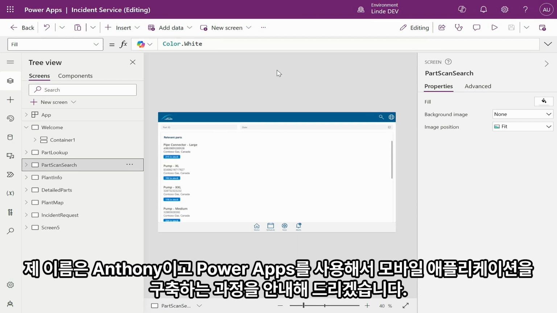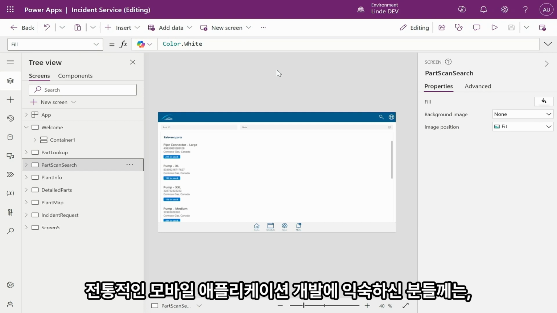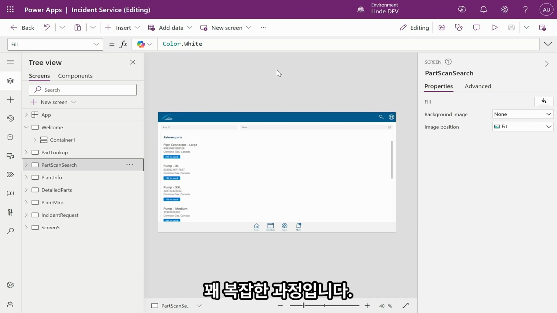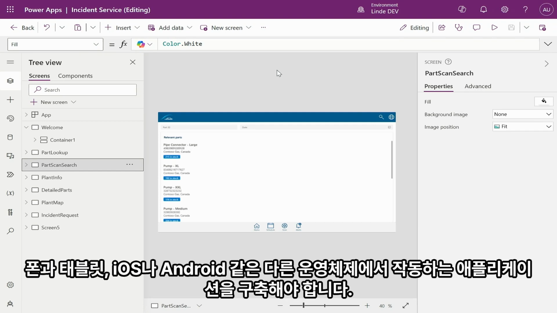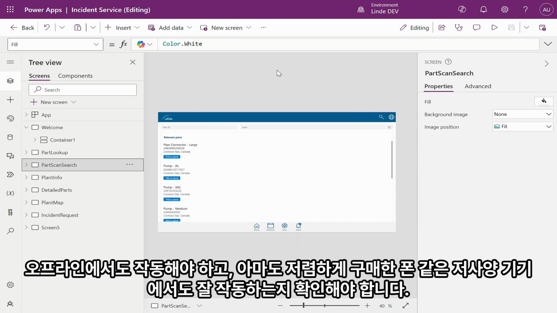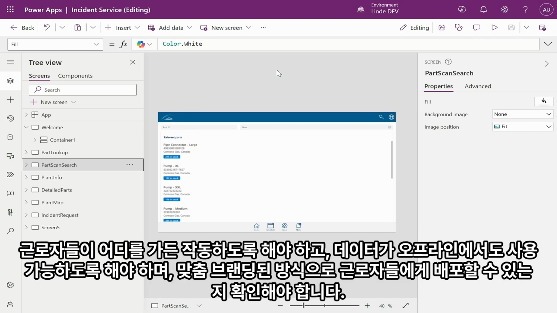Hi everyone, my name is Anthony. I'm here to walk you through building a mobile application using Power Apps. For those of you familiar with more traditional mobile application development, it's quite a complex process. You have to build applications that work on your phones and on tablets, on different operating systems like iOS or Android. You have to make sure they work offline, that they work well on low-end devices, like maybe a cheaper phone you buy. And they have to work wherever your workers go,